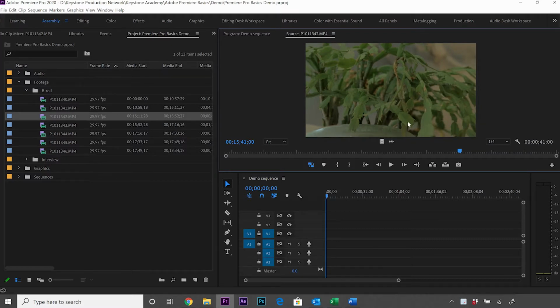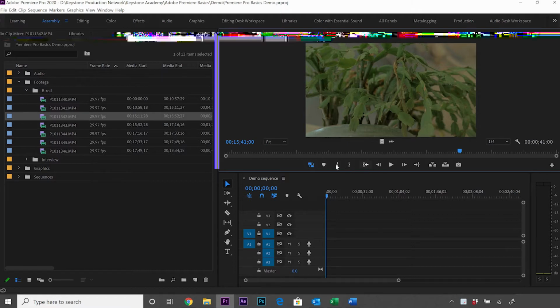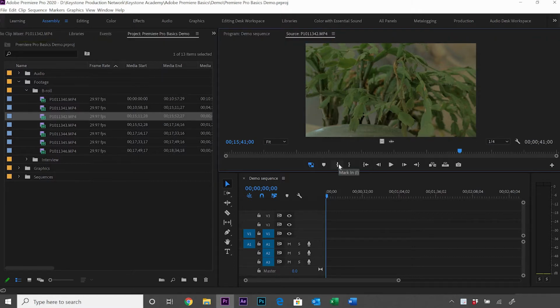So there's a couple ways to do this. One of them is going down to the little toolbar down here and clicking this Mark In button, which we can just click. And then as you see, it creates an in point right here. So now the portion of the clip that is selected is from this in point until the end of the clip. Now, if I go back by hitting Control Z, I will show you another much quicker way to do this,